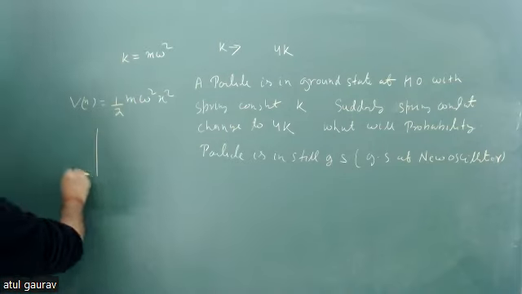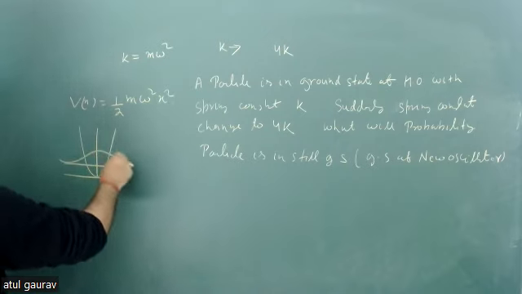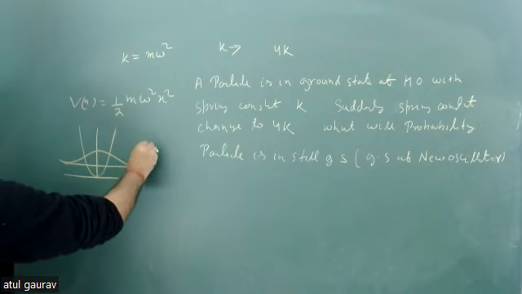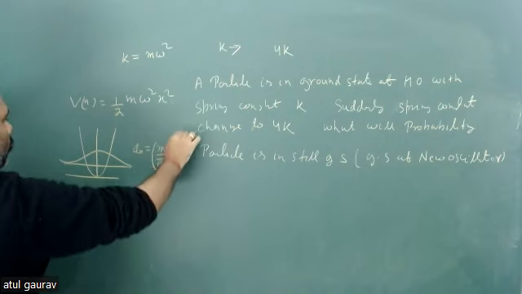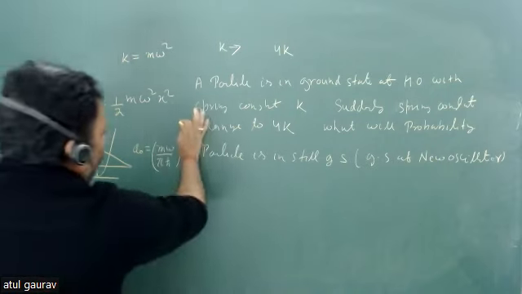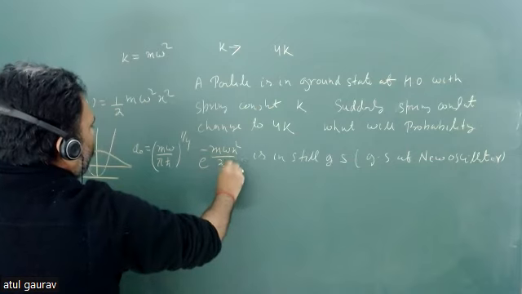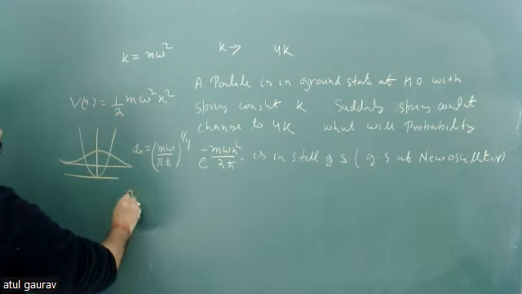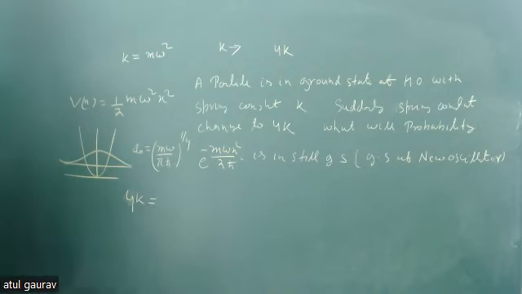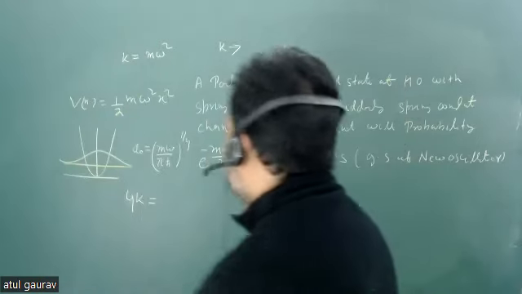So initially your potential is something like this, and your state is in ground state. So your phi naught is (m omega upon pi h cut) to the power 1 by 4, and you can use e to the power minus m omega x square upon 2h cut. Now what will be your new K? 4K हो जा रहा है, isn't it? So what will be your new omega? बताइए।